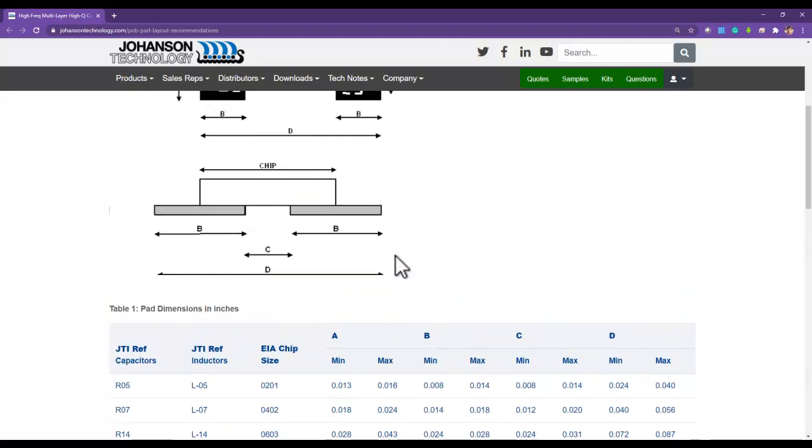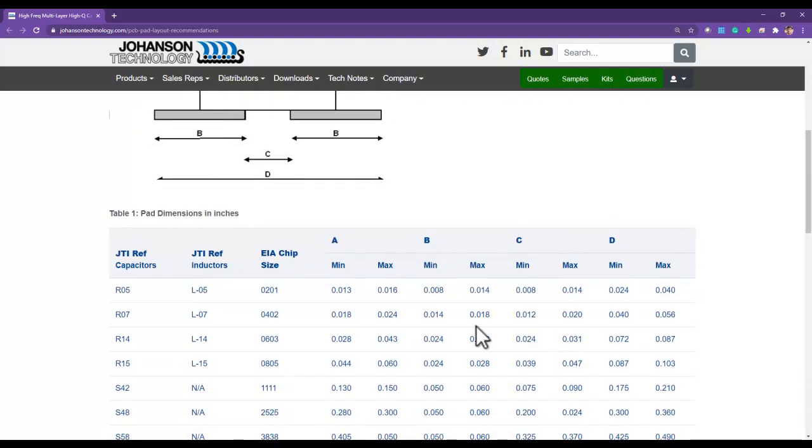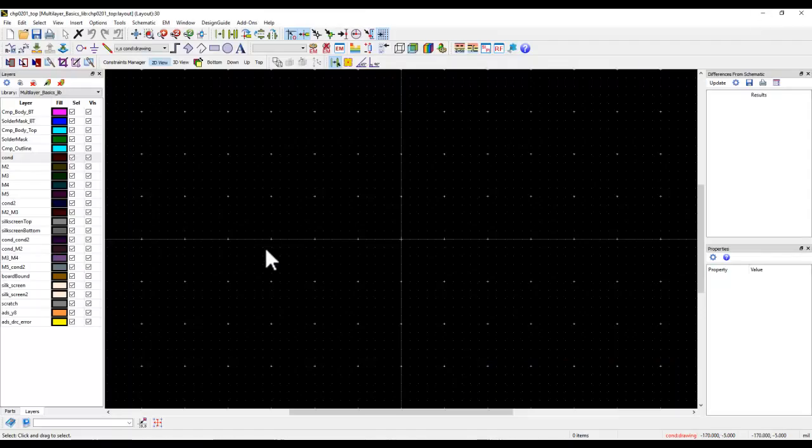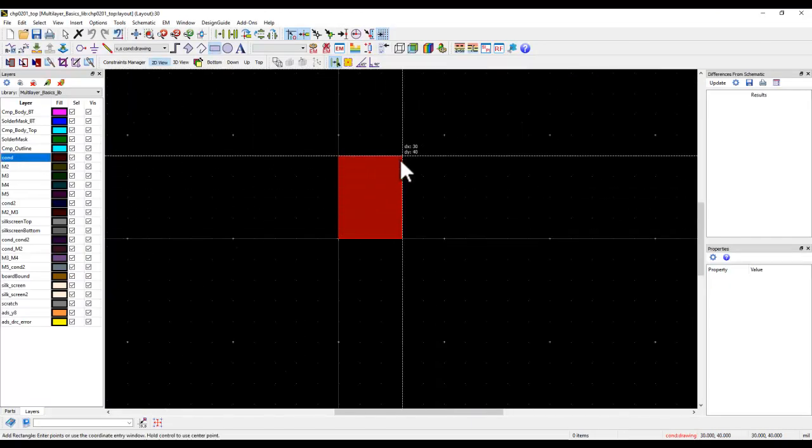And for the B dimension, which is basically the pad length, I'm going to select 10 mil. So 15 by 10 mil is what I'm going to use for my footprint. All right, so selecting the top layer, we can quickly create a rectangle, and using the